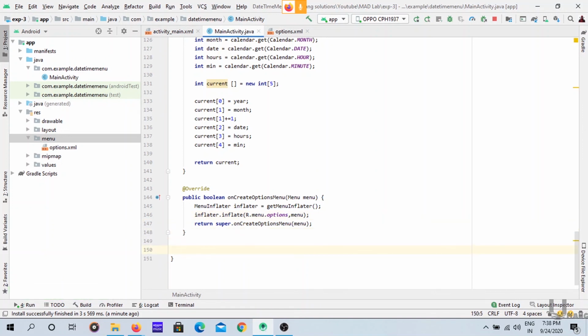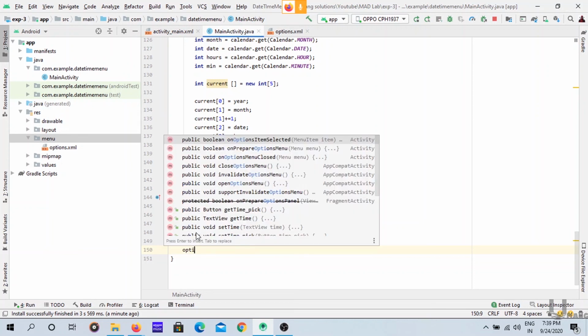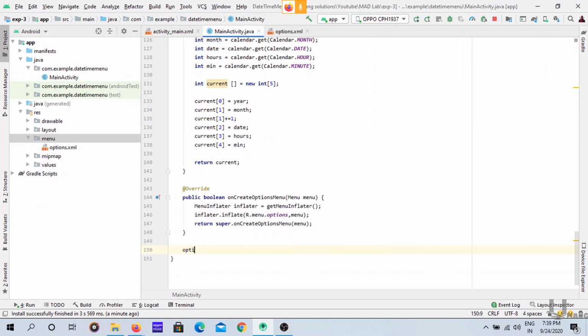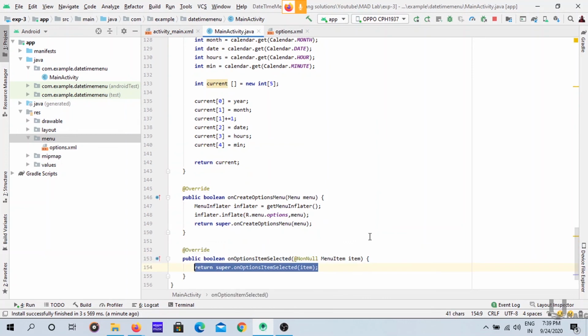So the override method is onOptionsItemSelected. Enter.